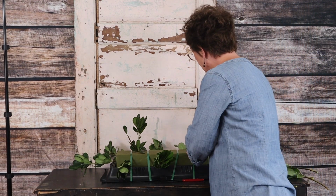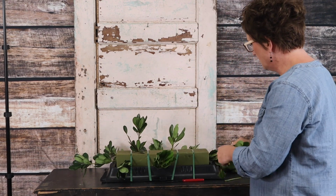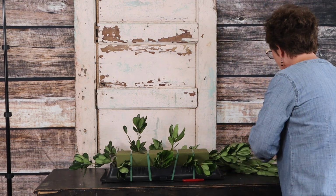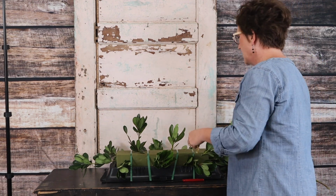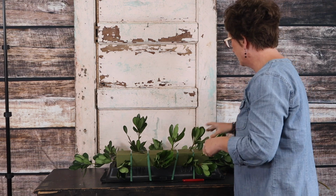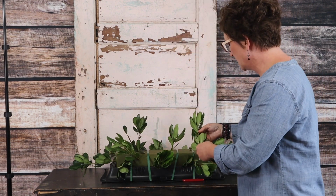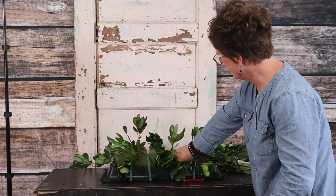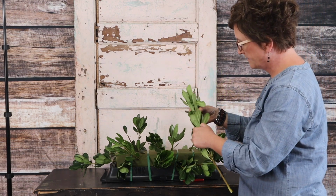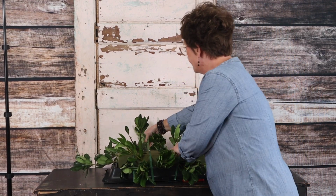So I'm just taking this pittosporum, and I am just adding it to my fresh floral foam. I'm not greening it completely out, but I'm just adding pops of foliage here and there. That way, it's going to help cover the base. In the end, I am going to add a little bit of eucalyptus, so this will not be all of the foliage we will use. Alright, so there's our pit. That's kind of defining the shape of our